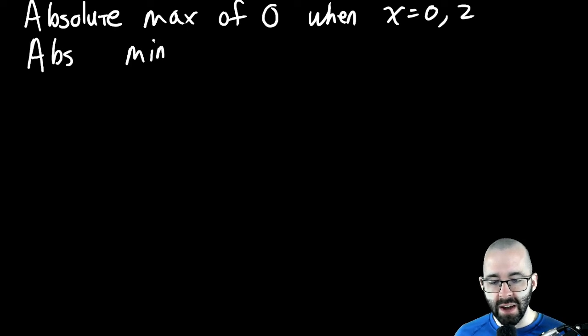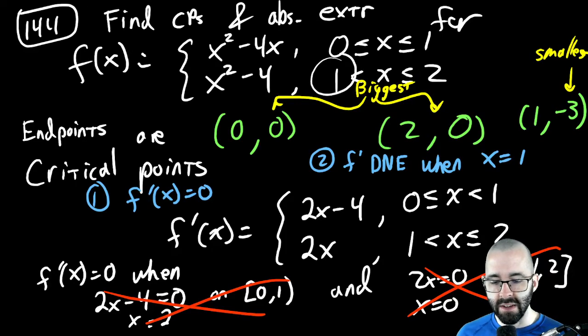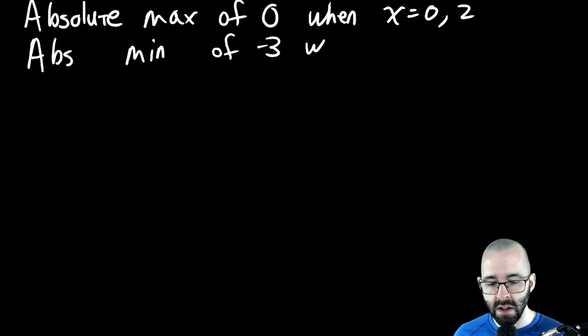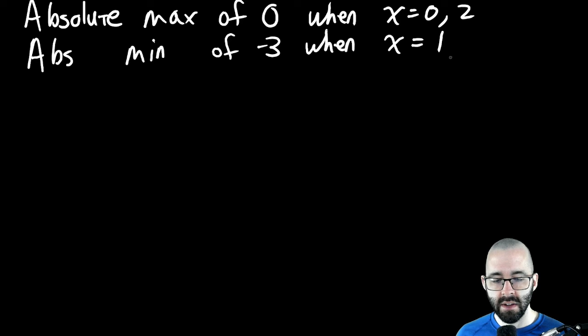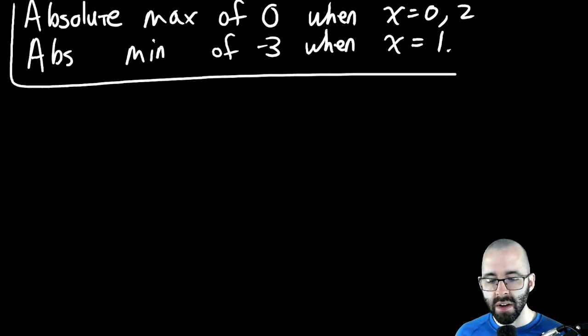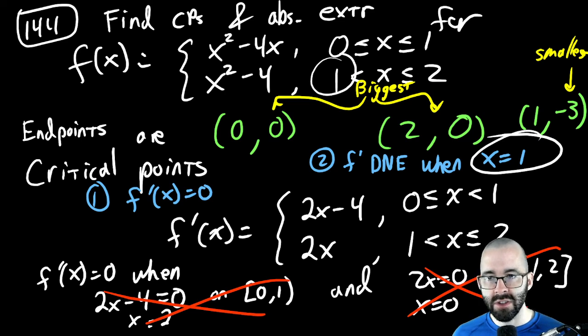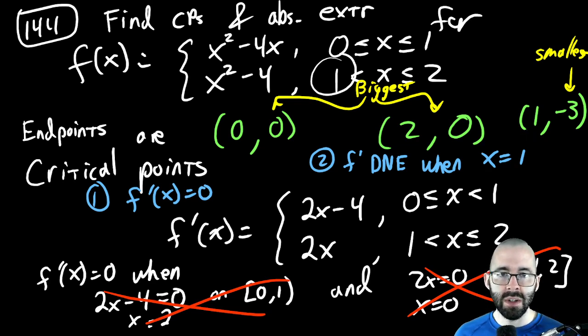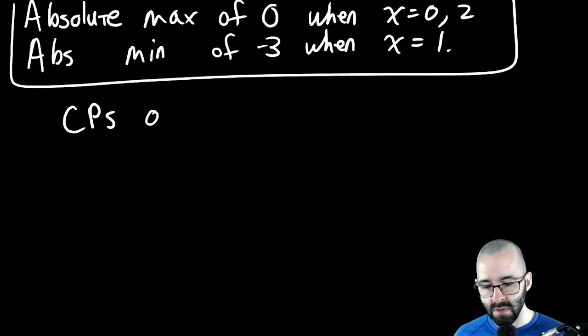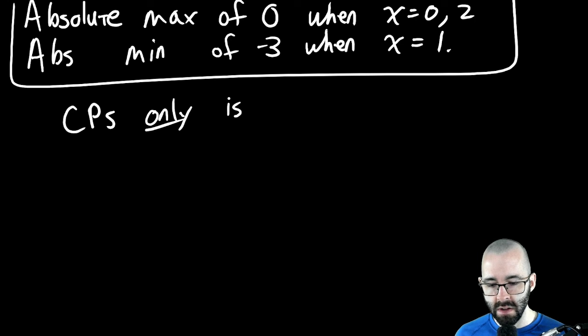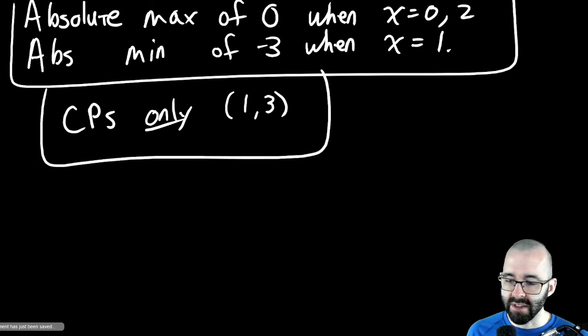Our absolute minimum is again that y value. The minimum is -3 when x is 1. That's part of our answer. The other part was asking about the critical points. Critical point was when x is equal to 1. There's 2 ways of finding critical points, both of them in blue. The first way didn't ever happen, but the second way did. The critical point was 1, -3. It's only one critical point. Let's graph this